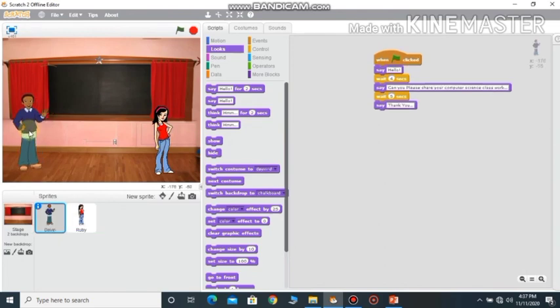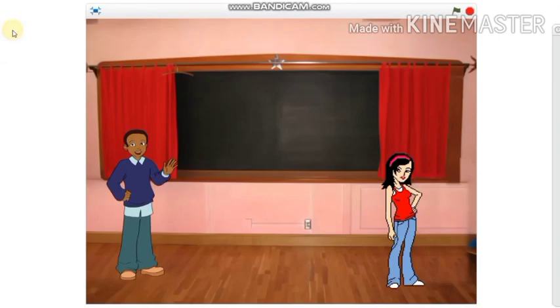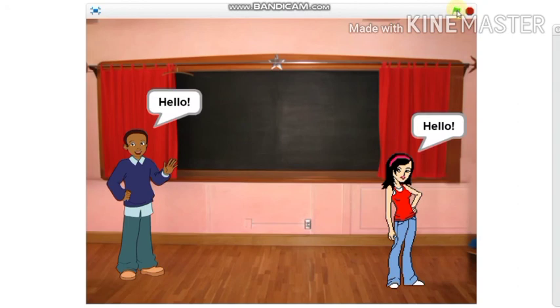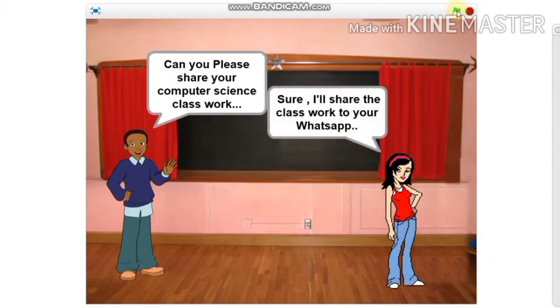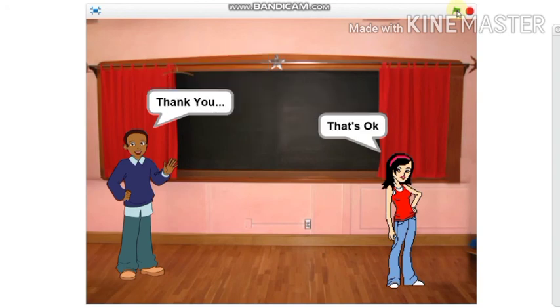So now let us run the program. Let us view the program in full screen mode. So here is the full screen mode. Just by clicking that, you can shift it. To run the program, you have to click on the green flag icon. So here it is. I'll just click on that. You absorb what project we have created. Okay, children. So I'll just click on the green flag. So hello, it is replying back hello, like this. Okay. So this is a small project which shows the conversation between the two sprites.